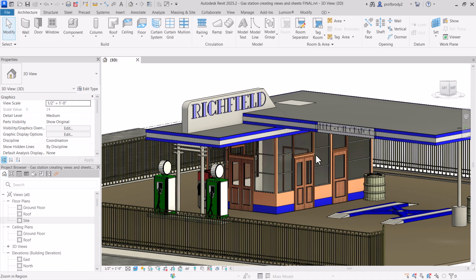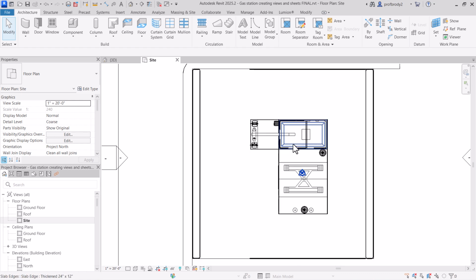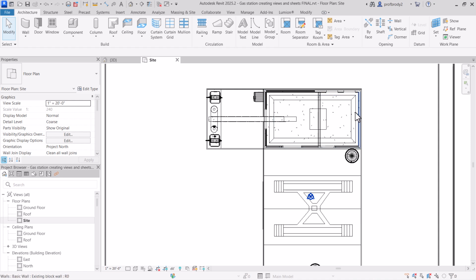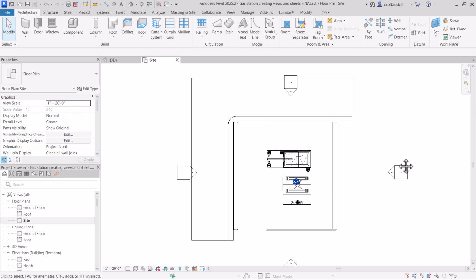So the first drawing that we'll start with is the site plan. And as we know, Revit creates all these views for us. I'm just going to go to my ready-made site plan. I may not like the way it looks, though. In particular, if you look at this site plan, you can see that I can see inside the building, and I have these giant elevation markers. Now, I prefer to have my exterior building elevation markers on the main floor plan, so I am going to